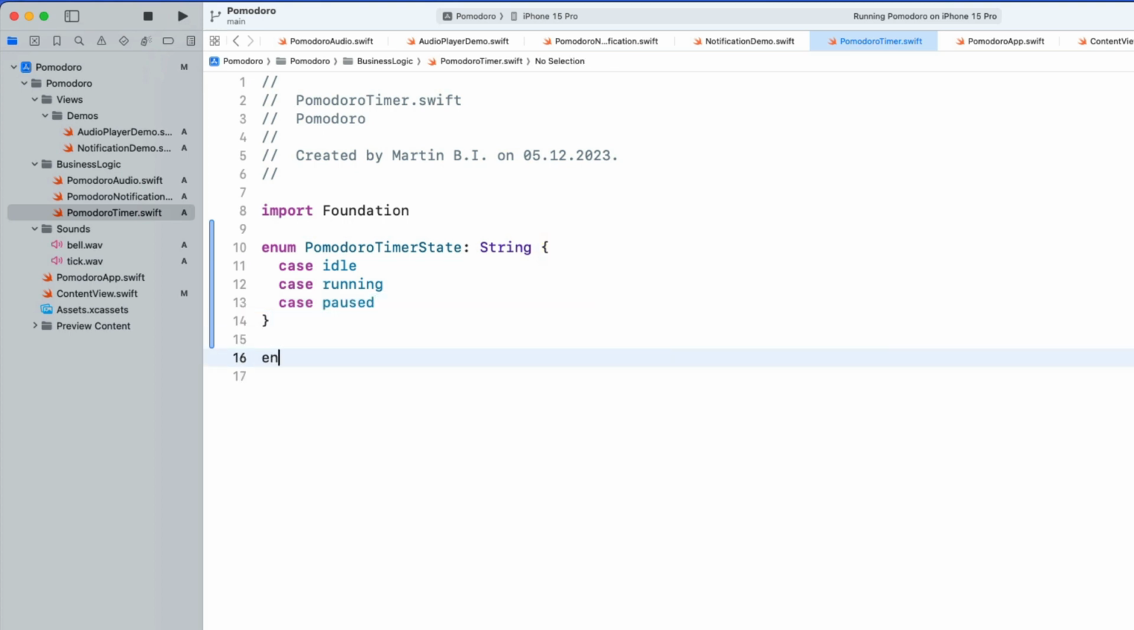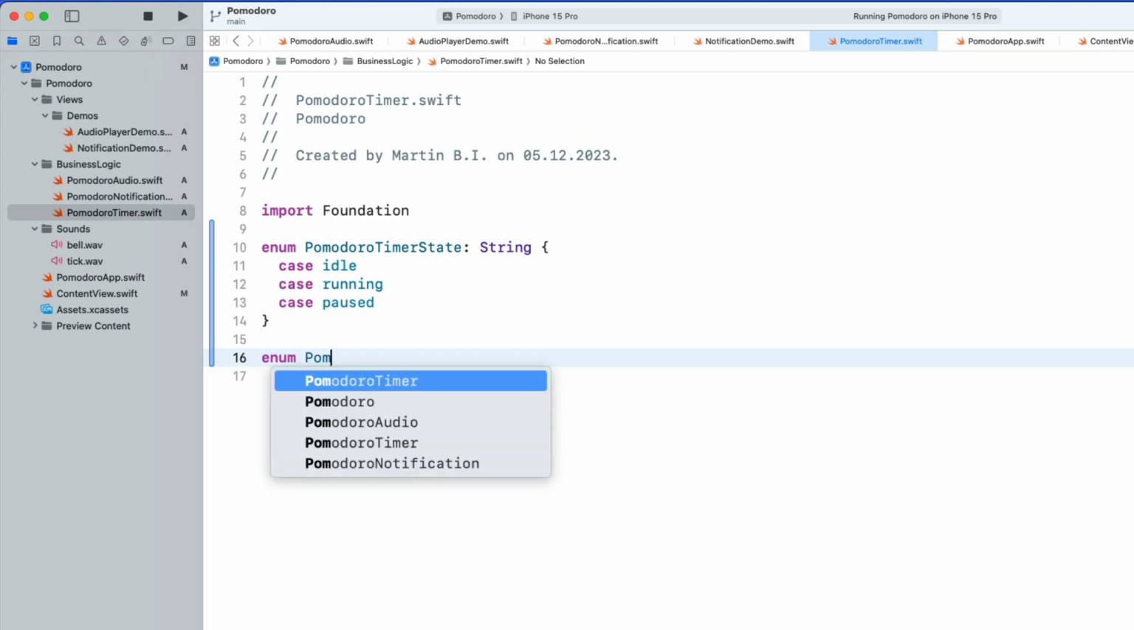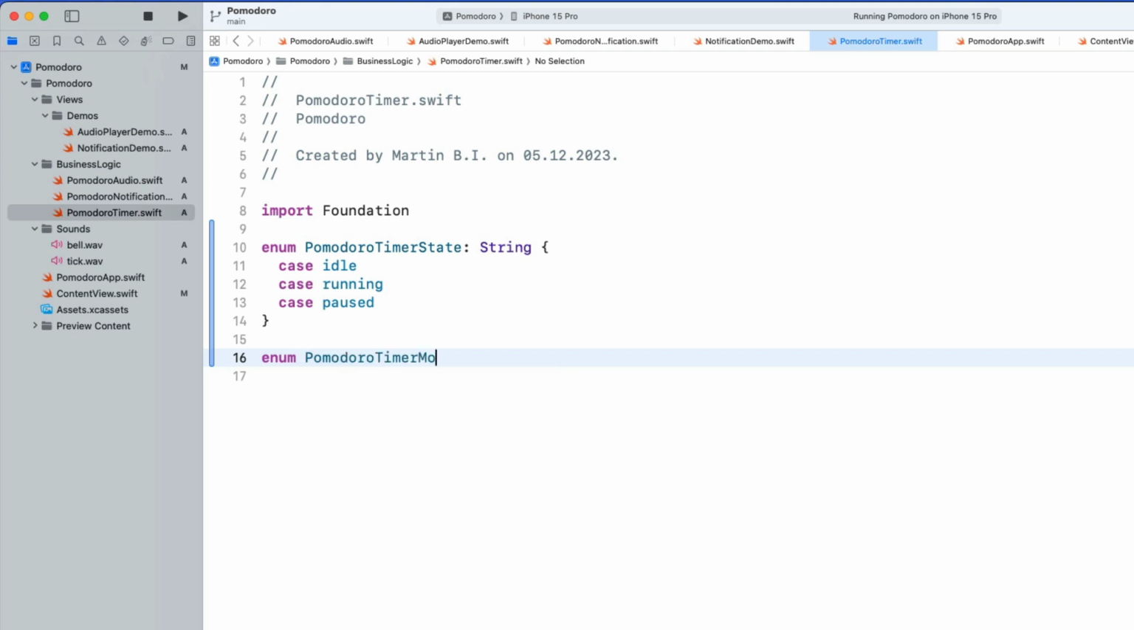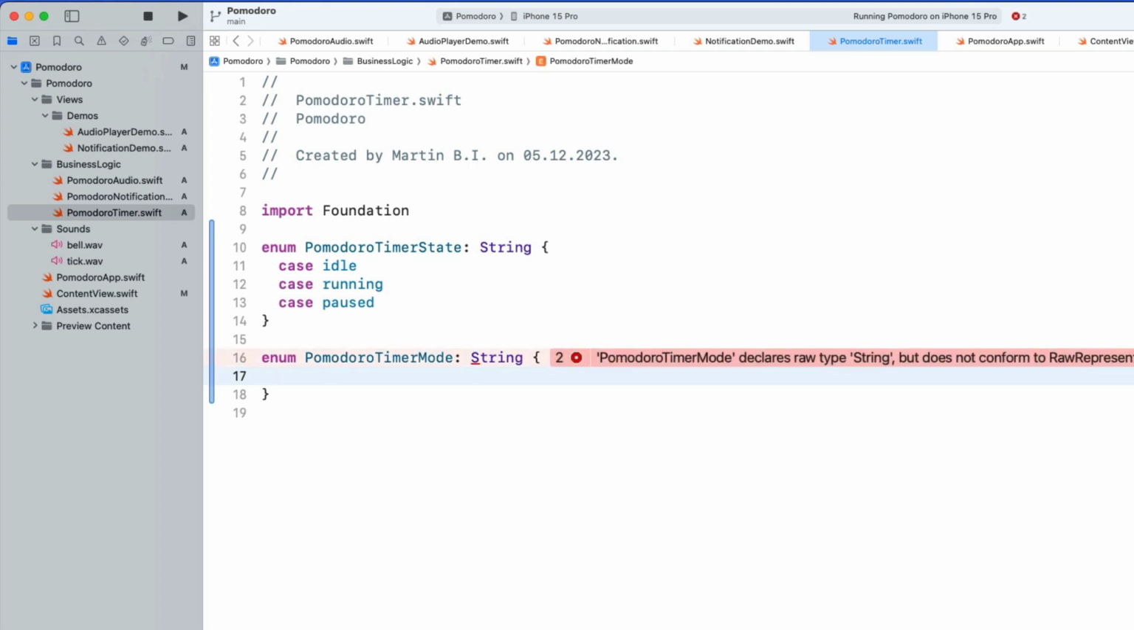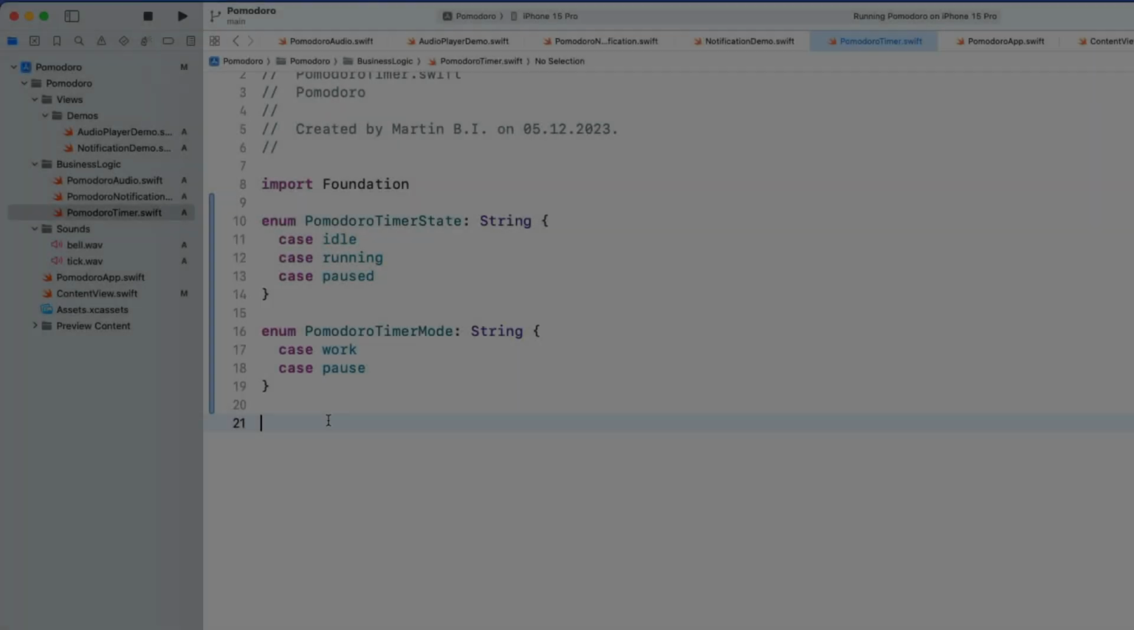You also want another enum, and this will indicate the mode we're currently in. So in Pomodoro you have periods of work and periods where you take a break, and we make an enum that depicts that. So we have case work, and I call it pause, because if we call it break, it will complain because break is a keyword in Swift. So let's just call it pause. Okay,